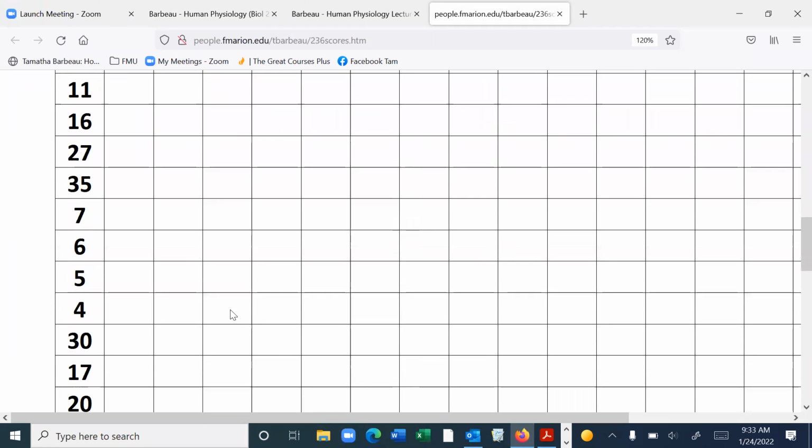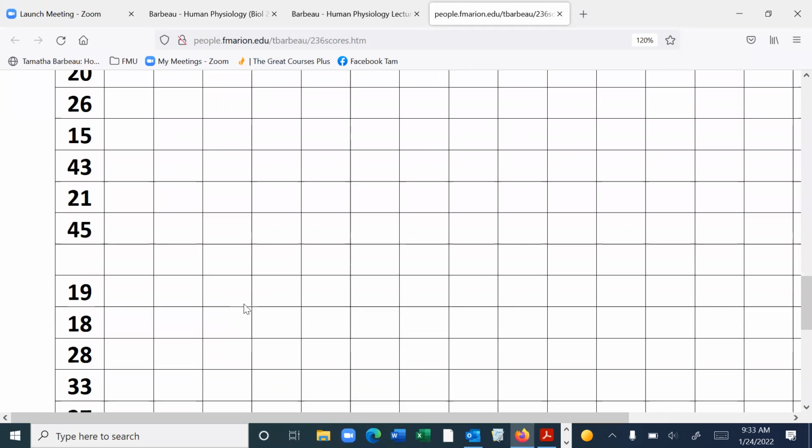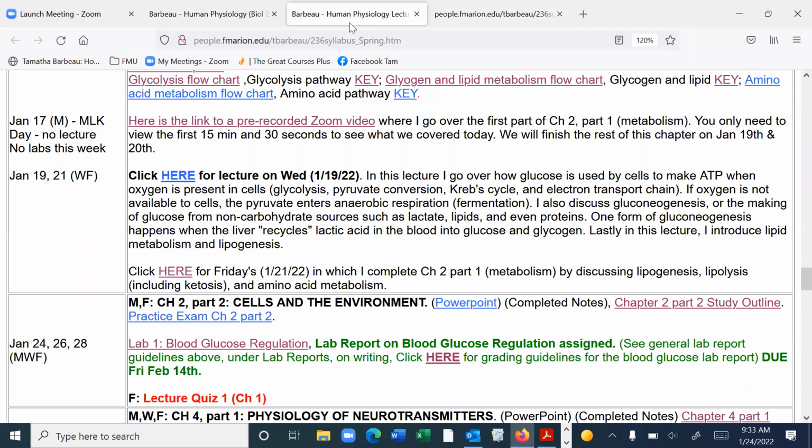Now I do have some gaps. So if you forgot to turn that last page in to me, please get it to me. Okay, so